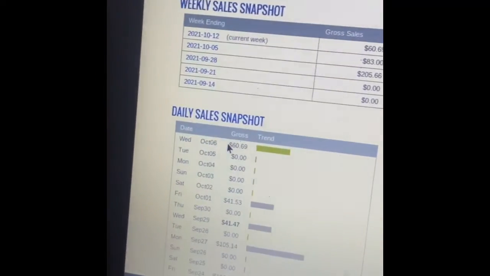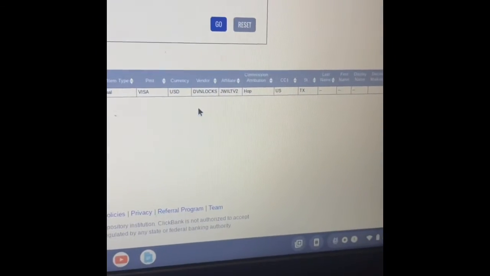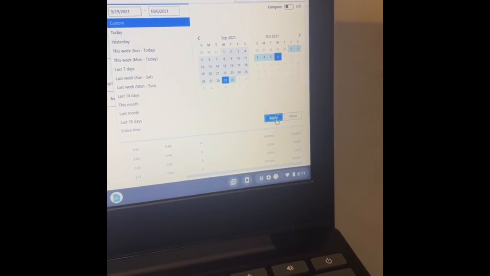Bam. Wednesday, October 6th, $60.69. Divine Locks. Well, we've been running this campaign for about 6 days, so let's go back a week from Wednesday to last Wednesday. We're gonna see how much we spent. So far, we only spent $13 total within a week span. 3 clicks, 45 impressions. So as you can see, $60 minus 13, we are definitely in profit so far with